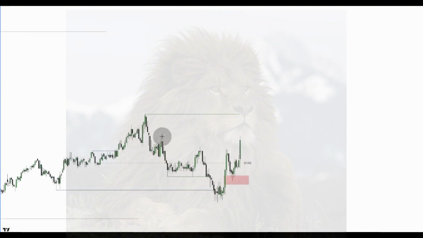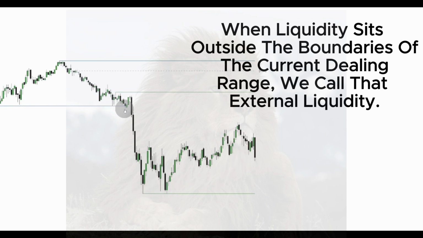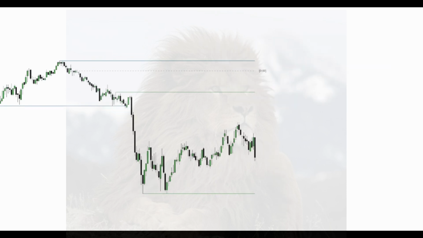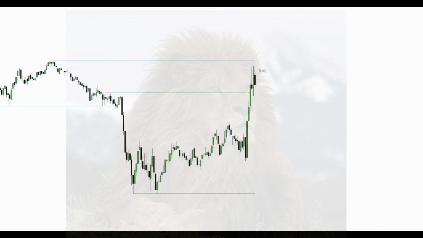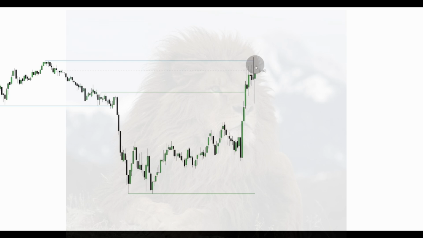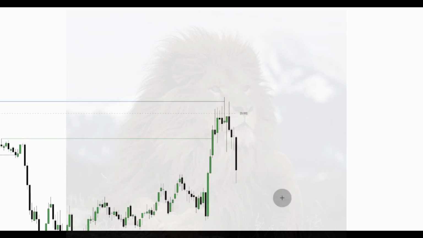External versus internal liquidity. Now let's take it deeper. When liquidity sits outside the boundaries of the current dealing range, we call that external liquidity. Picture the very highest high or lowest low on your chart. Beyond those extremes lies a cluster of stops and breakout orders. Institutions love to drive price into those external zones, trigger the orders, and then reverse the market in the opposite